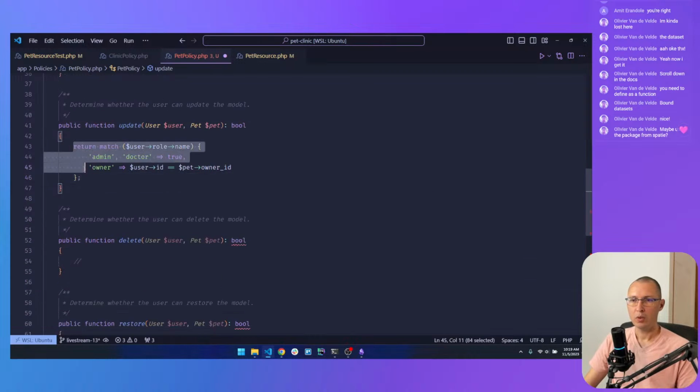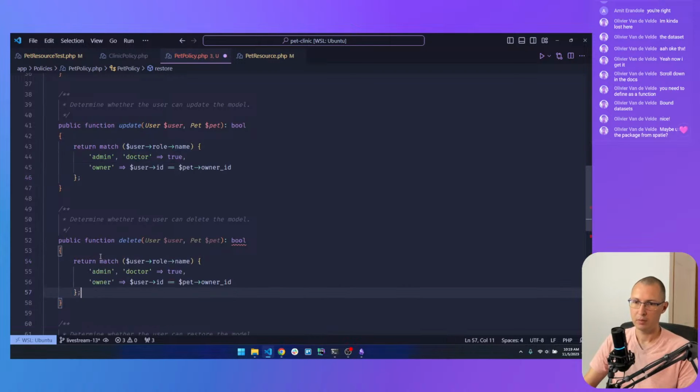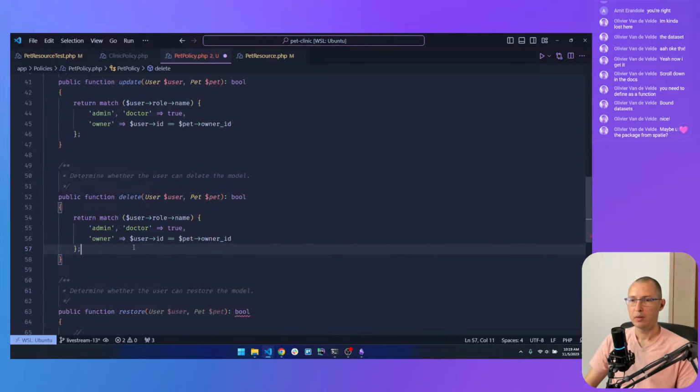Delete. Let's work on the delete right away. Again, admins and doctors, they can delete pets. Can they? Can a doctor delete a pet? I don't remember. Let's leave it like this.